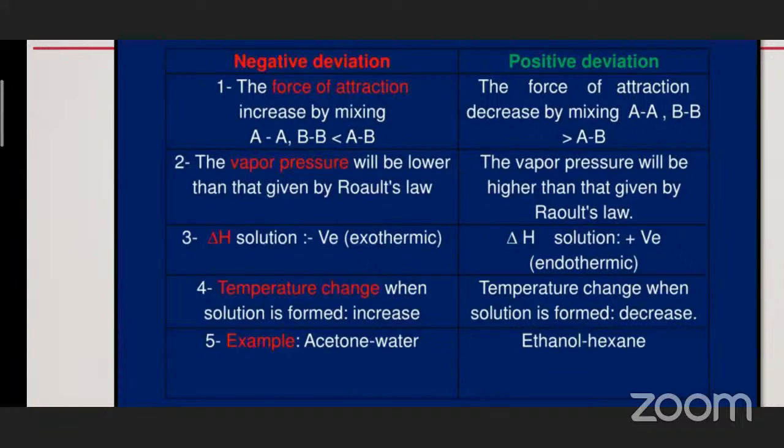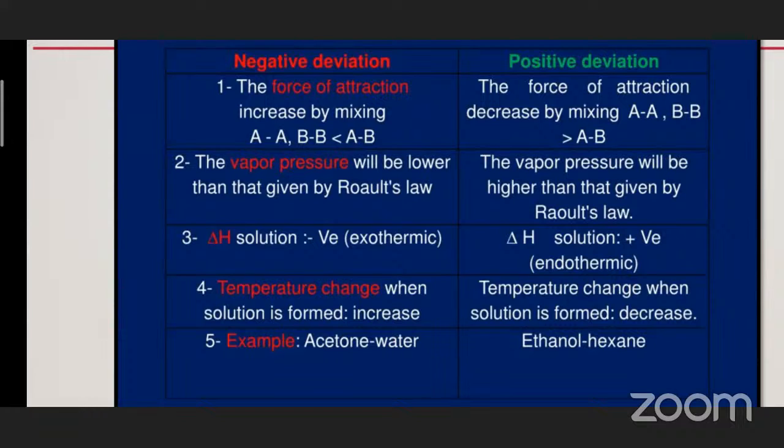Because the vapor pressure is lesser than given by Raoult's law, we call it a negative deviation. And for the solutions exhibiting negative deviation, delta H of the solution, that is the heat of the solution, is negative. Negative in the sense what? It is an exothermic solution. That means heat is released. So what do we understand from this? After the solution is formed, heat is released, meaning the molecules are losing energy. Because they are losing the energy, they are not capable of going